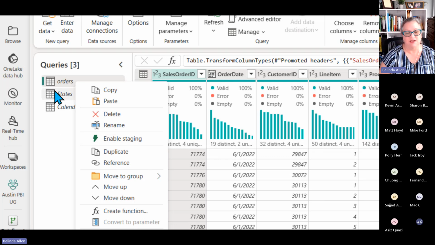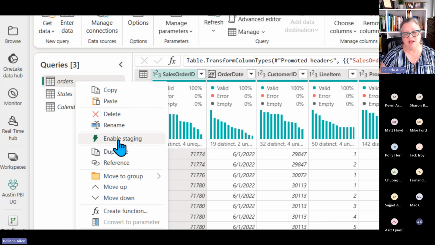Like I could take the states and just put the states in the order and end up with a flat file, but we don't want to do that. But I could, and that's one thing that you could do. If you merge like that, you would turn off enable load, so it wouldn't duplicate that state information by bringing in the original source.